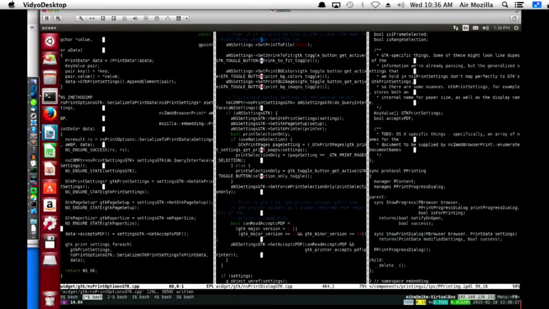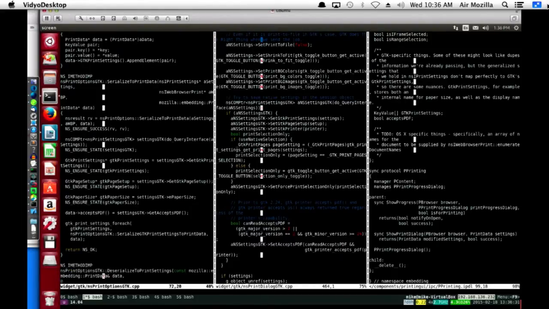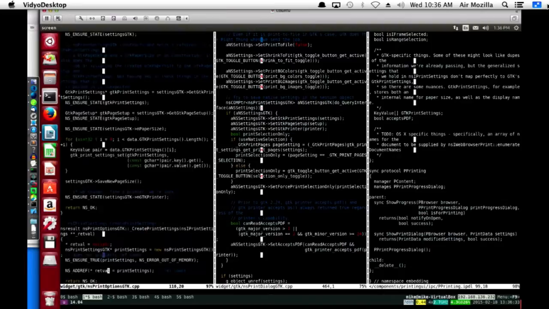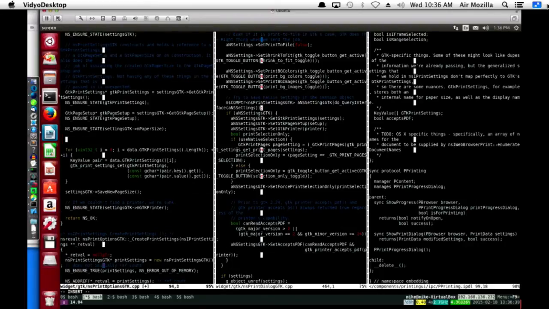And then on the other way, when we deserialize, we'll say settings GTK SetAcceptsPDF, and we'll pass it data acceptsPDF. And I think that'll work.